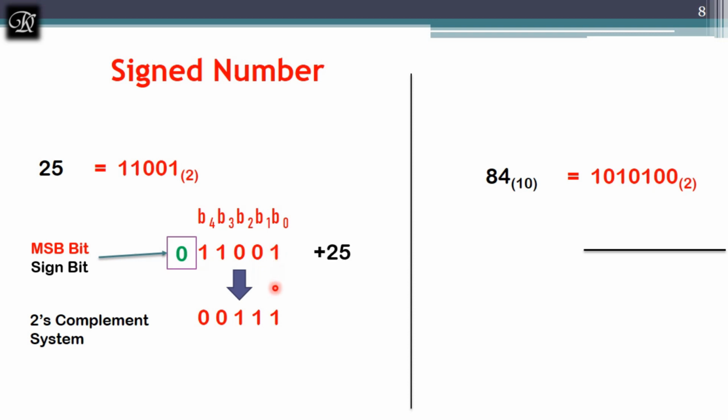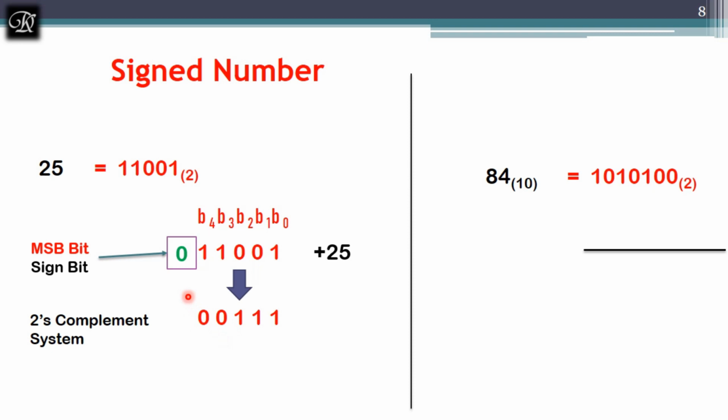Now the twos complement of this we already found. I have already told you a shortcut to find it, and I will recall how we found it the shortcut way. As I said, you keep the bits as they are until you encounter the bit 1. In the first bit, B0 itself, I have 1, so I wrote it as it is, and for the remaining 4 bits I have to find the complement. 0 will become 1, 0 will become 1, 1 will become 0, 1 will become 0. This is the easy way to find the twos complement.